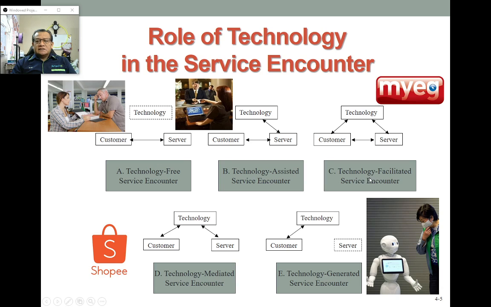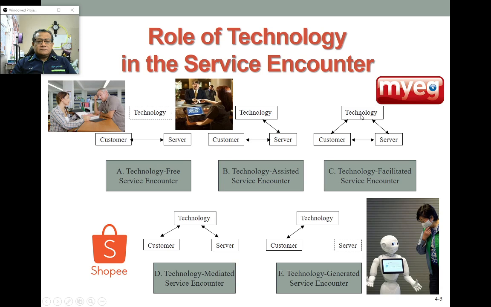So this can be well seen in, for example, the Malaysian portal MyEG. MyEG is a Malaysian government portal to serve the public in doing many public transactions with the Malaysian government. A Malaysian citizen could interact with the MyEG website, which is an IT-based platform, and the customer could also deal directly with the MyEG employee to cater for problems or to get assistance,